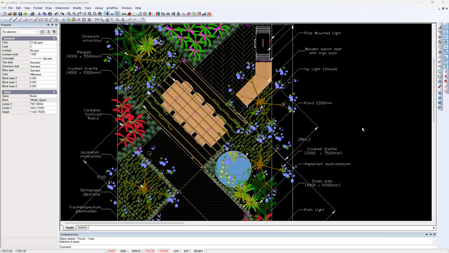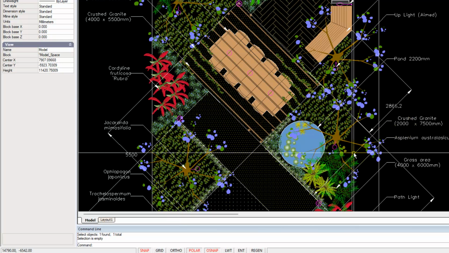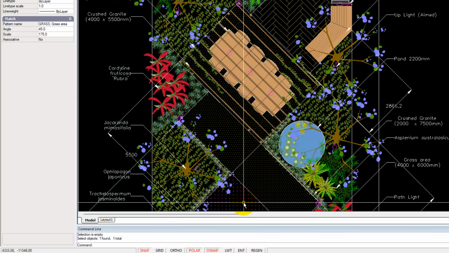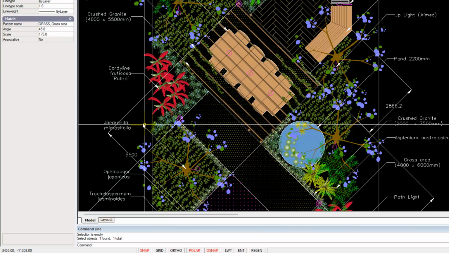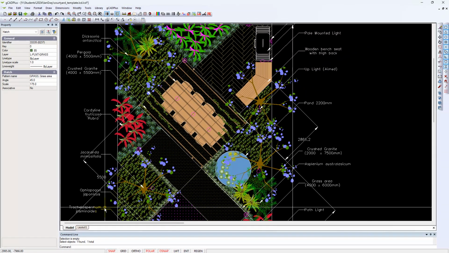Hatching can be used to great effect in landscape CAD drawings. You can apply some texture to quite large areas. This design uses hatching in a grassed area at the bottom of the screen. Note in the properties box there's a pattern name associated with it, but also note down here there's only one